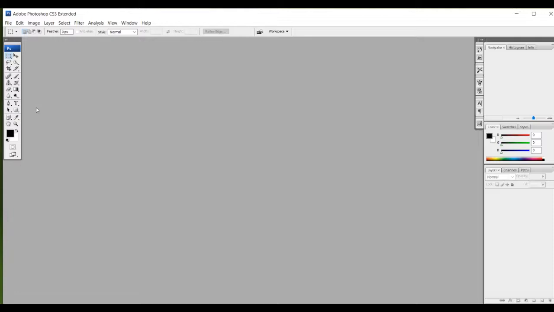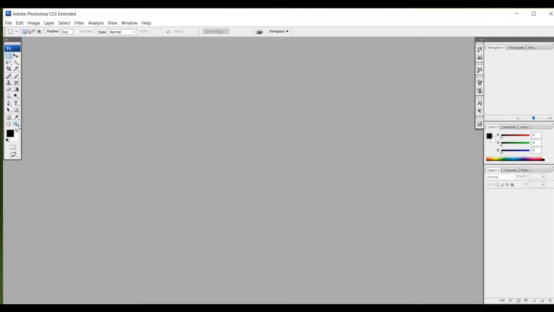Now annotation and measurement tools are used for annotation and measurement. This is our notes tool if we want to add notes, then the eyedropper tool, hand tool, and zoom tool. Zoom in and zoom out is done with the help of the zoom tool.